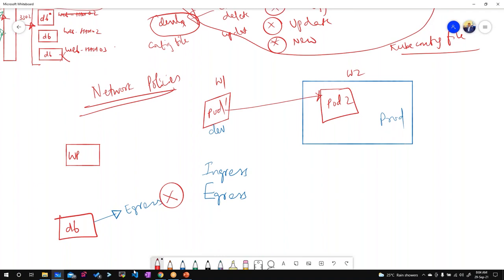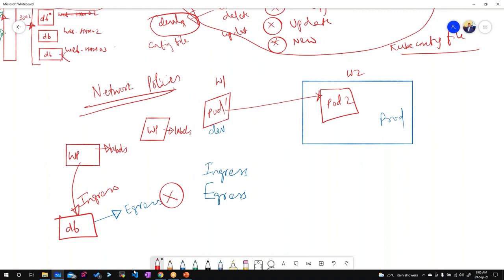And ingress traffic I'm restricting only from this WordPress pod. If there are other WordPress pods, they will have different labels. Labels are known as metadata, guys. This is information which doesn't have anything to do with your pod operations. It is just names, some nicknames, or take it as tags. We tag EC2 instances with some data, right? Similarly, labels are also metadata on any object. You can create a label on any object just for your identification.